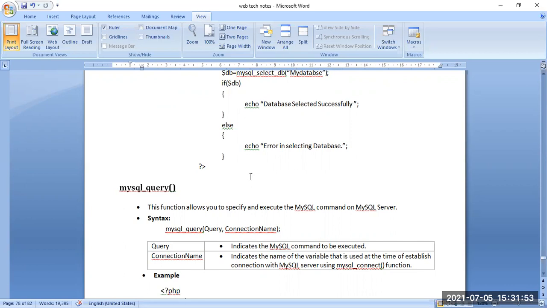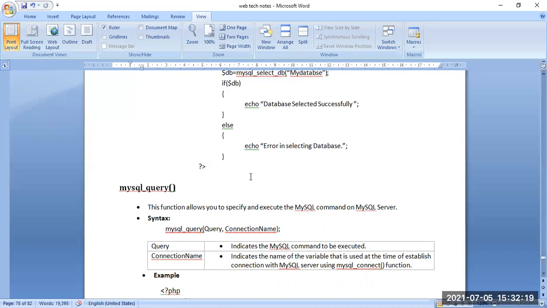This MySQL query function allows us to specify and execute a MySQL command on the MySQL server, once the database has been connected.